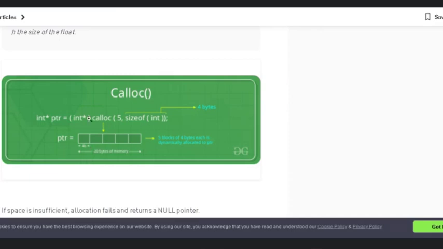So that is how memory is allocated in the case of the calloc function, right?